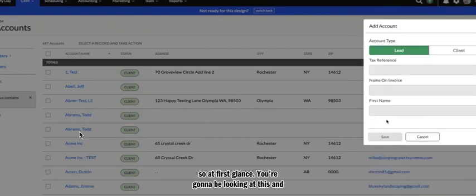So at first glance, you're going to be looking at this and thinking, well, how does this really help me? Because there's only three things I can potentially put on there. Now, the thing you only have to put on there is the first name. Where I'm going to suggest that you really should be doing this is